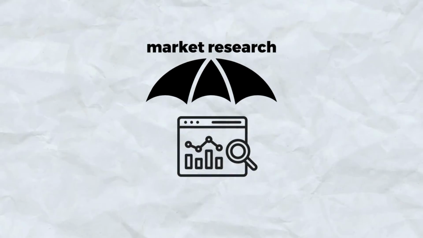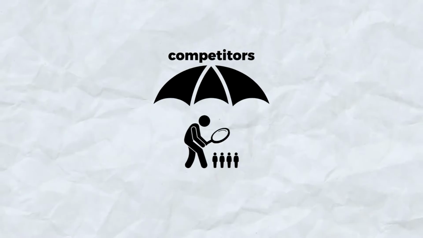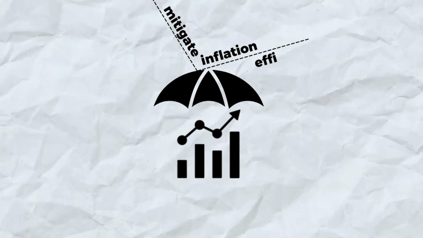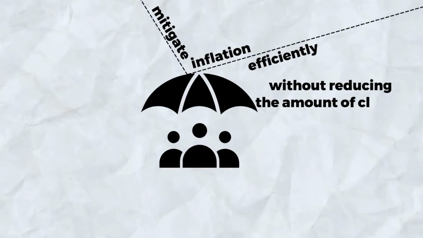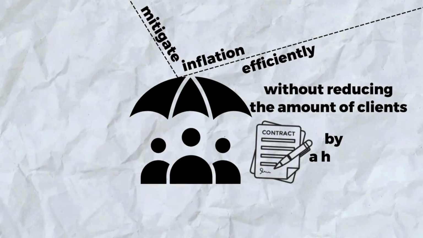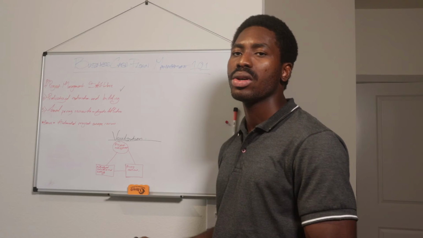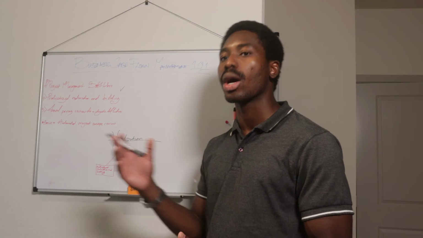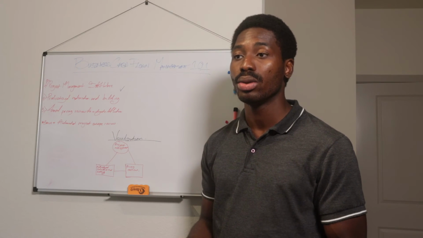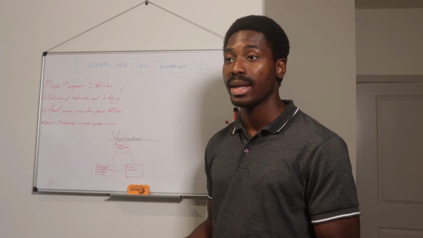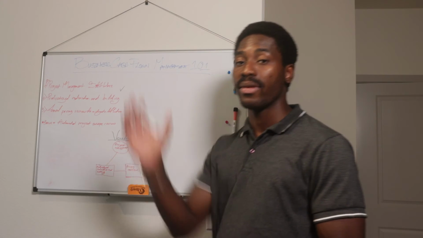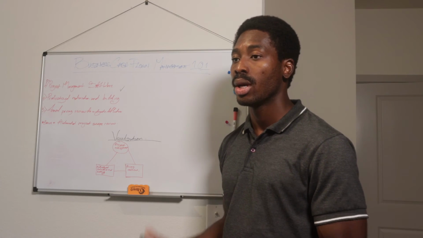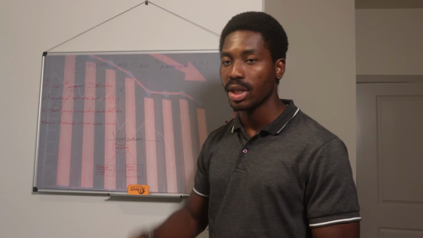Look at market research, look at what the competitor is charging, and look at how much increments you can make annually to mitigate inflation efficiently without necessarily reducing the amount of clients you sign on by a huge margin, right? If you're losing 10 to 20% of your clients while your profit margin stays the same, if not goes up, that's good. It's better to lose 10 to 20% of your customer base, with profit margin staying the same, or if not going up, from the pre-existing customers or from new customers, than onboarding new clients while profit margin keeps going down